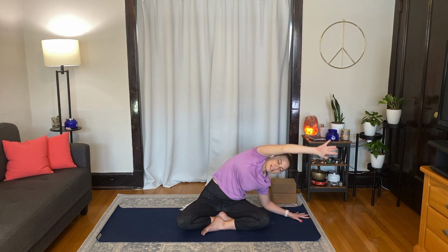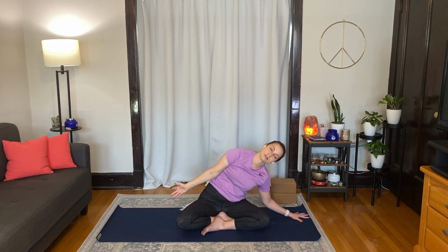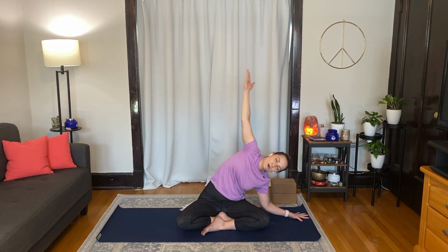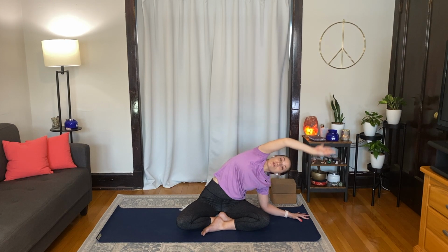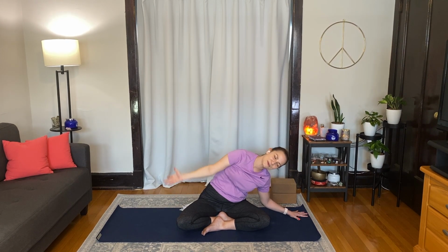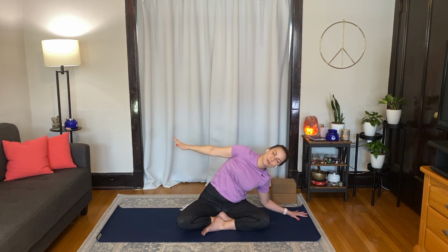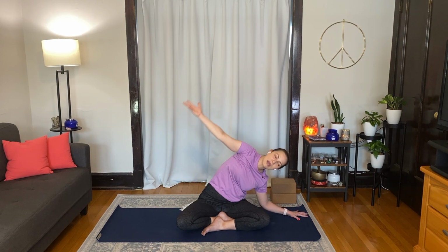A few more like this. Again, keep pushing the left side of your seat down into the ground, allowing that opening in the side of the body. Let's do three more. Inhale and exhale. Relax that right shoulder, relax that right arm. Inhale